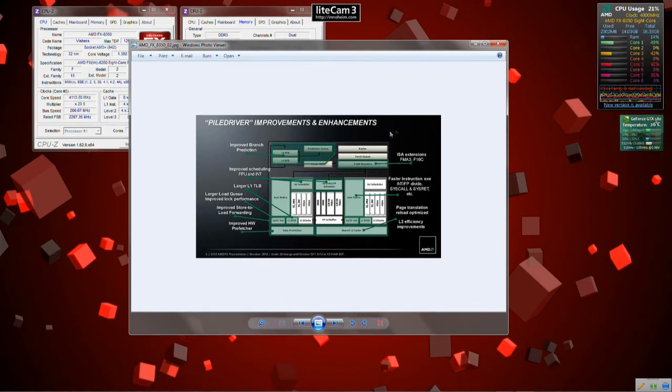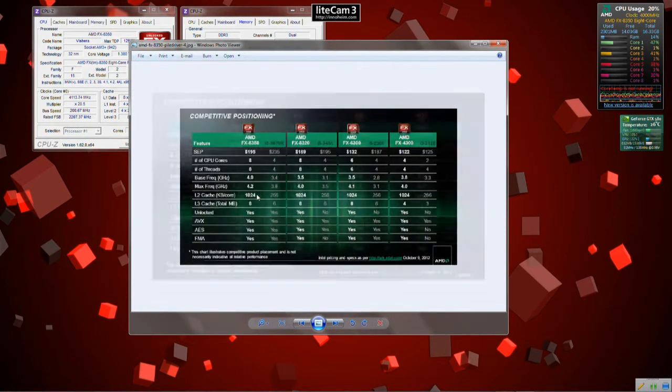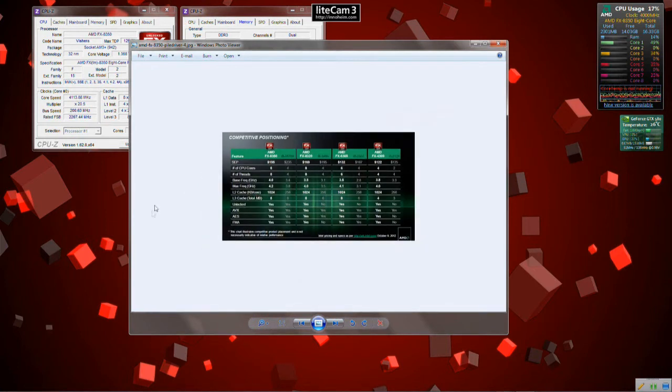So there's lots of improvements there that they've managed to do to the architecture, and they've increased, like I said, the power reductions with the Piledriver. So moving on, we're going to look at the competitive positioning of AMD, and I'm sorry that the picture's a little bit small, and if I blow it up it goes all blurry, so I'll keep it down to that size. So with the FX4300, 6300, 8320 and the 8350, and these are the competing Intel CPUs, as you can